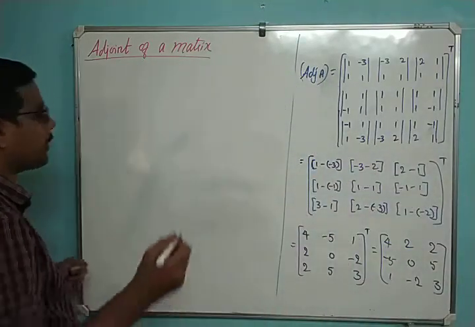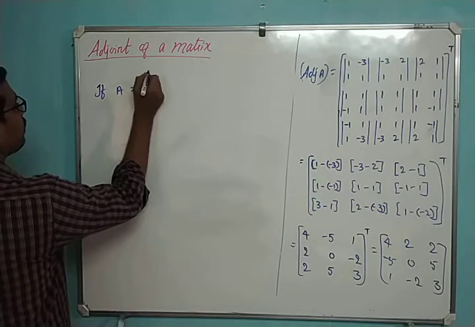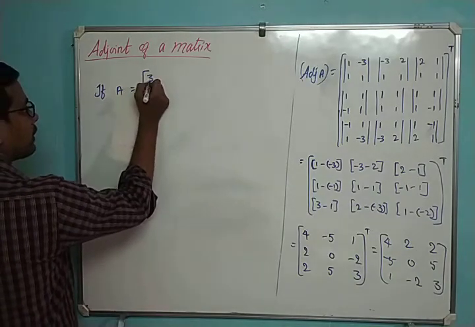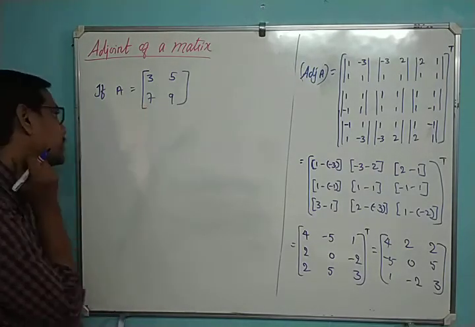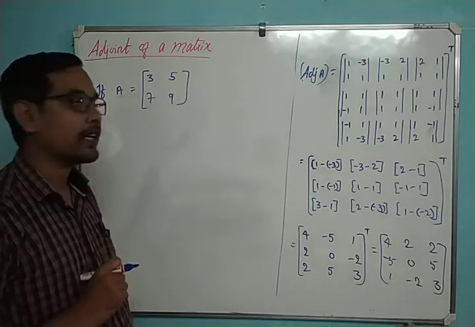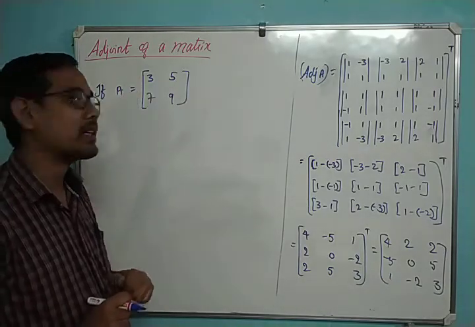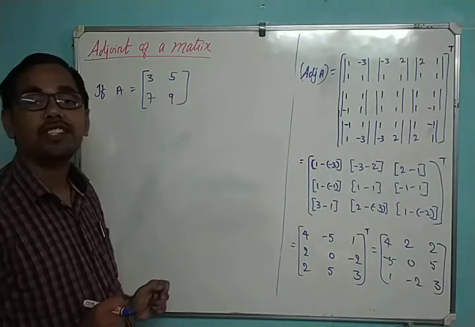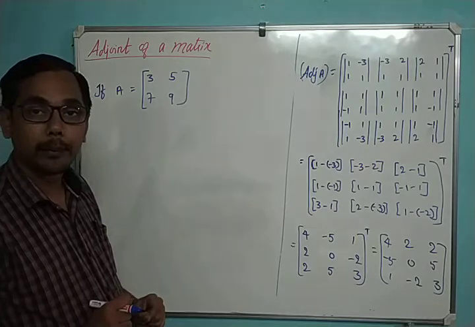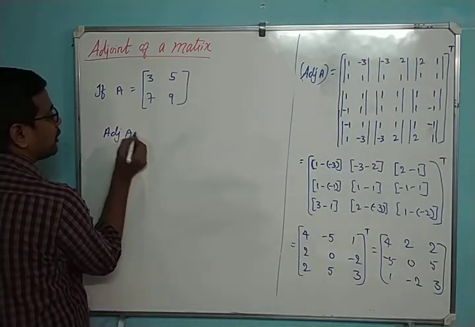Okay, so if A is equal to [3, 5; 7, 9], how do we get the adjoint of this? In order to get the adjoint, interchange the principal diagonal elements, and reverse the sign of the remaining elements. Adjoint A will be